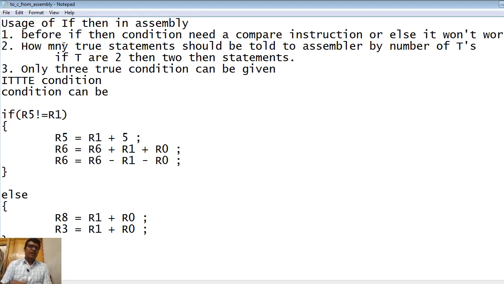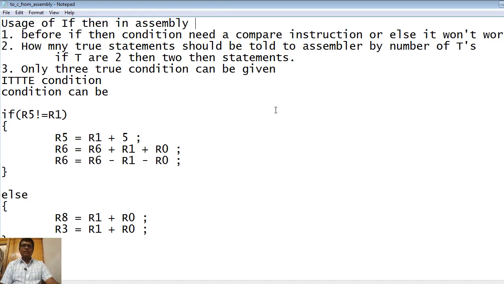Before going into if then executions in assembly, you can see some of the rules. Before the if then instruction, you need to have at least one compare instruction, or you need to update any of the flags. Preferably you can go for a compare instruction. This is one of the options, or you are going to change the flags.